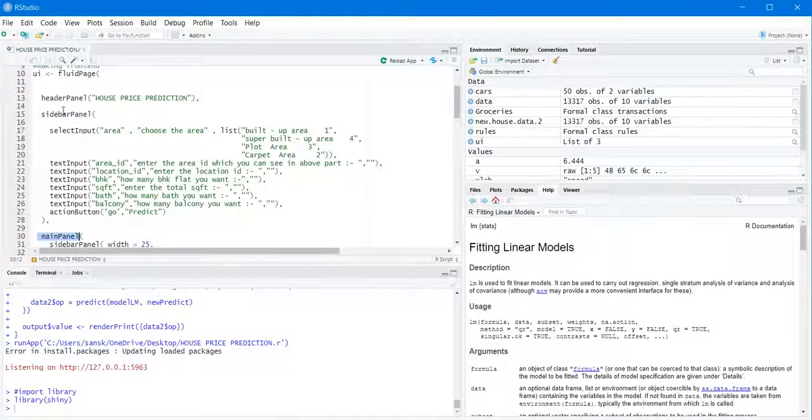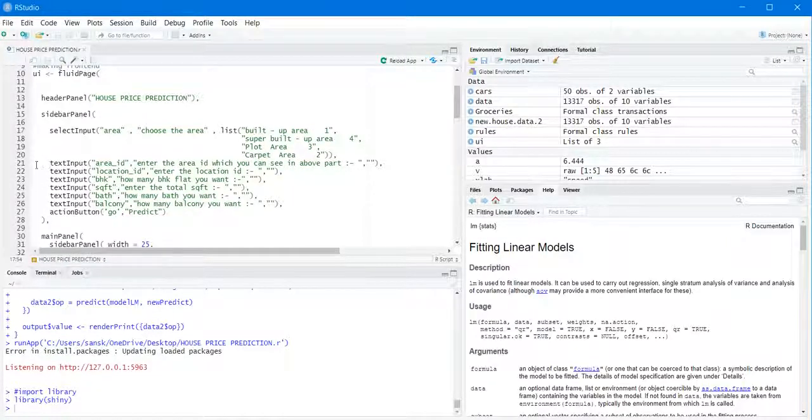Inside the sidebar panel I have used three functions. The first function is selectInput, which means you have to select any one input from a list. In that we have built-up area, super built-up area, plot area, carpet area, and we need to choose any one of them.